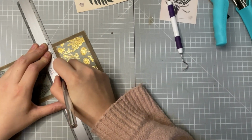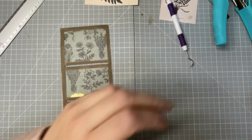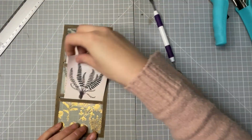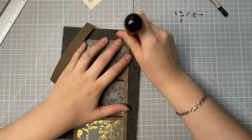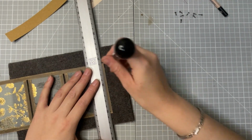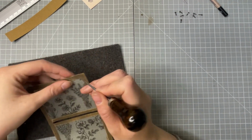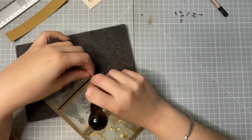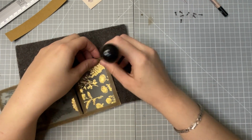Yeah, and as you can see, the frames are now pretty much the same size as the sides are. They're maybe a tiny bit smaller, but it doesn't look like that. So that's why I like this. I'm also going to poke some holes on all the corners and at the slits as well. And I'm going to add the mini eyelets from Tim Holtz, because I didn't want to do sewing now because I did that on the other pocket already and I wanted something different. So yeah, I decided to add those tiny